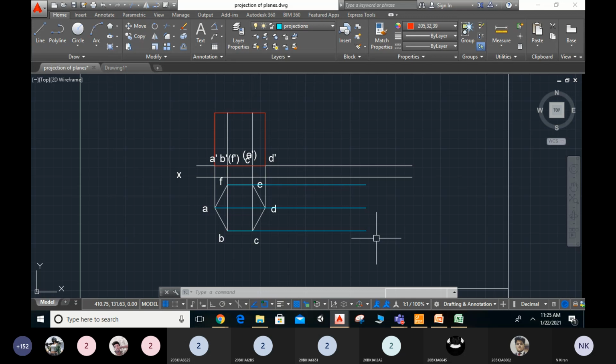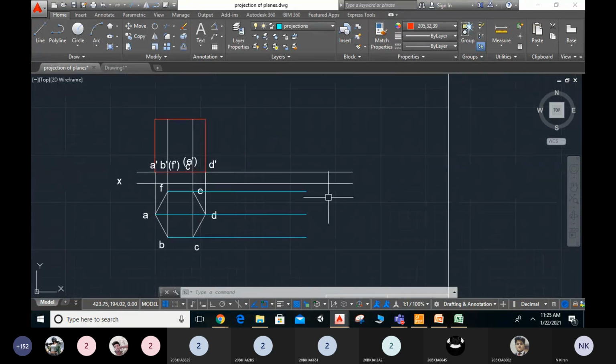Just try it and show me the answers fast. Okay, that is about that one. The answer will be the same, but in the opposite direction. Hexagon will come here, and whatever rectangle shape is there, it will come here. If there is any angle inclined to the HP, it is rotated like that. If it is inclined to VP, the shape will be rotated here. Okay, that is about that one.